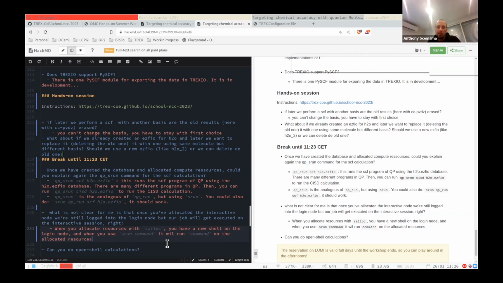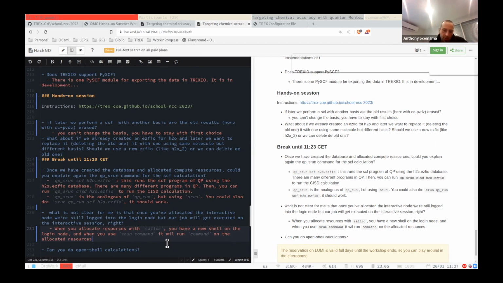So salloc, what it does, you make a reservation in the same way as you would do with sbatch. When you reserve some nodes, you appear in the queue. The nodes are yours, but they're just waiting for you to use them. Once you have made this reservation with salloc, the machine will give you a new shell.